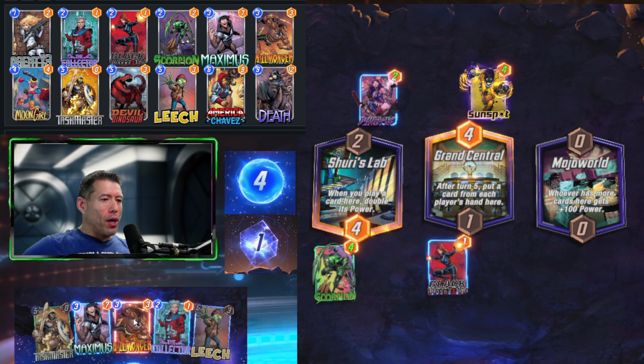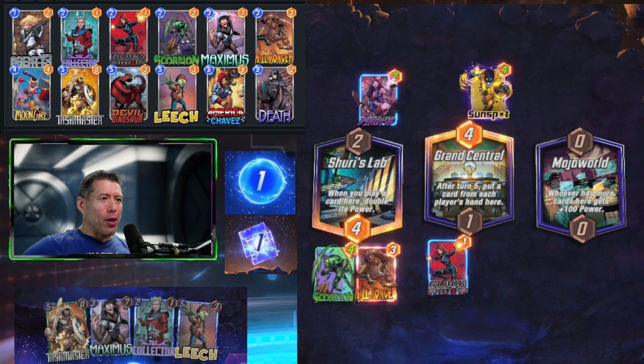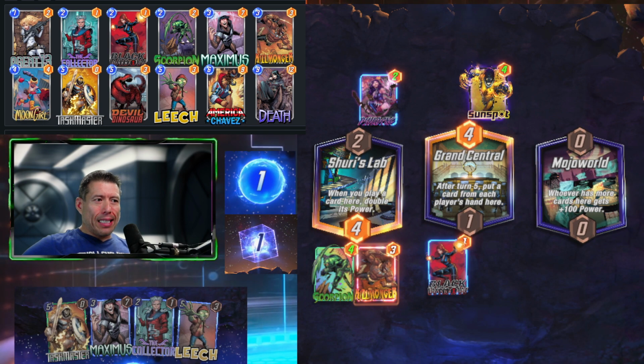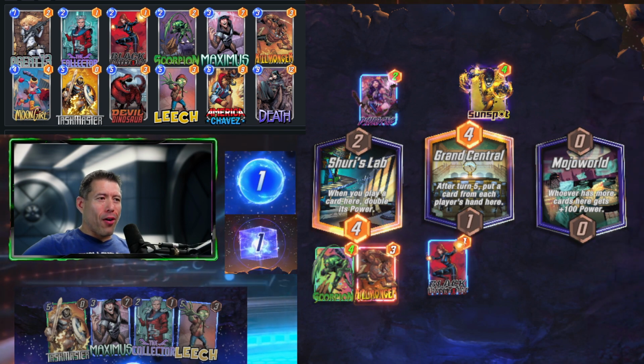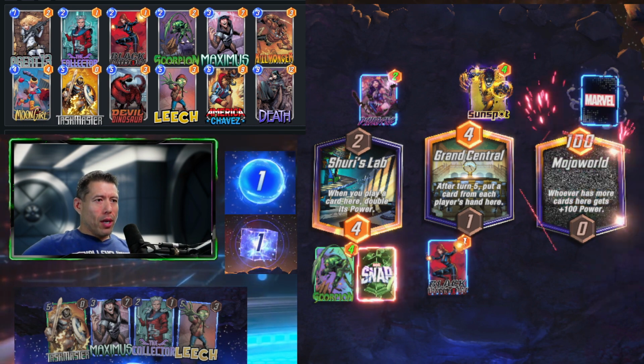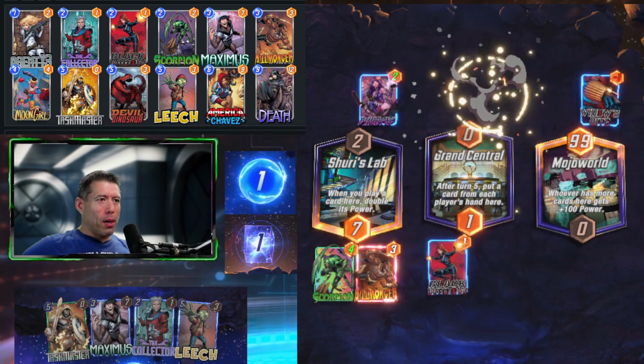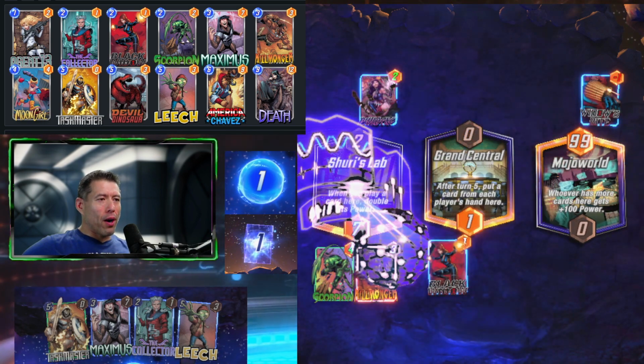So let's go with Killmonger, double his power. That should take out their Sunspot. And let's see what the card from our hand is going to be after turn 5 at Grand Central in the middle. I think we're going to give them... All right, so they play their Widow's Bite and Mojo's World. We get rid of their